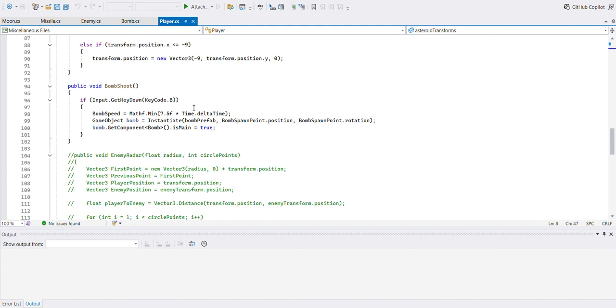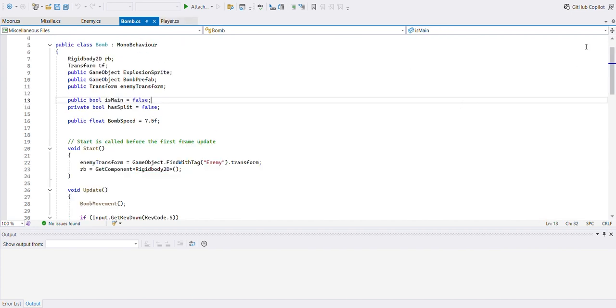Under my bomb shoot void, if the player clicks the B key, they will shoot a bomb upward from their current position. The bomb speed is set to 7.5 multiplied by Time.deltaTime for smooth frame-independent movement. And my bomb game object is instantiated at the bomb spawn point's position and rotation. And my bomb's isMain bool is set to be true. What does this bool mean, you ask? Well,